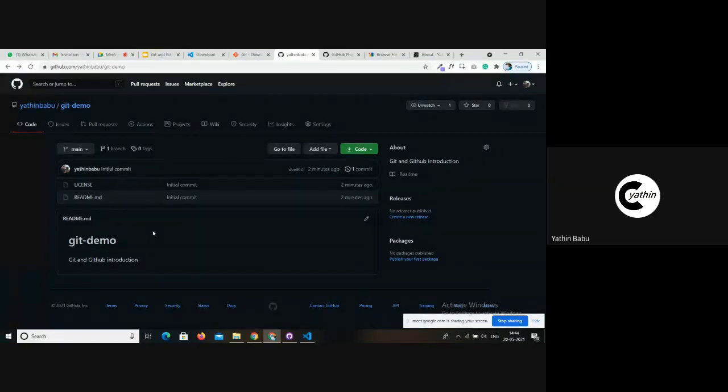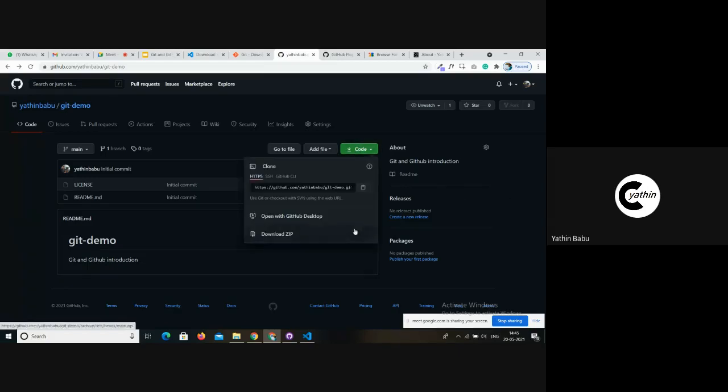And usually whenever we work on commercial software, there will be an admin who gives permission to merge the content from the local repository to the remote repository. So I will be doing the same thing here. This is the URL of the remote repository, and I just copied the URL.